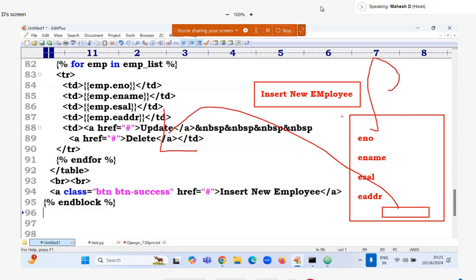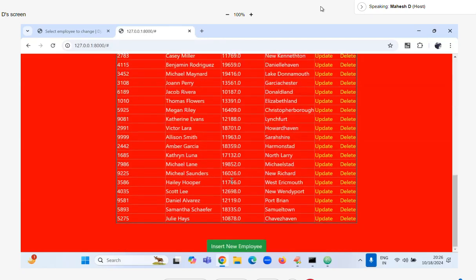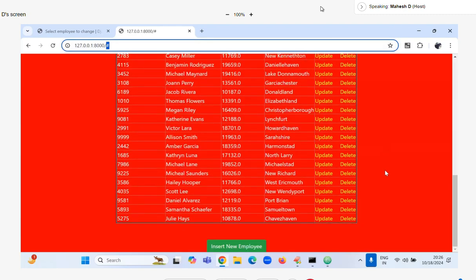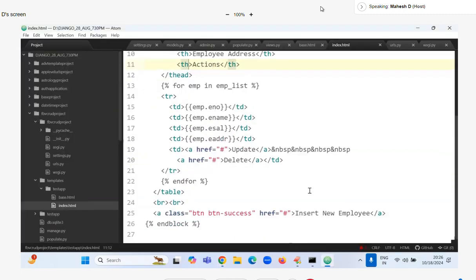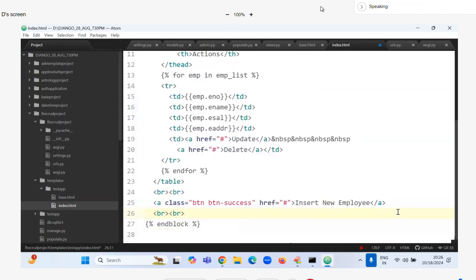So what is required? One form is required. Which type of form? Model form. Because from the front end, wherever I'm inserting, now I want to click on this button. Presently it is pointing to the hash symbol. Nothing will be there. Once I click on this, then I want to provide